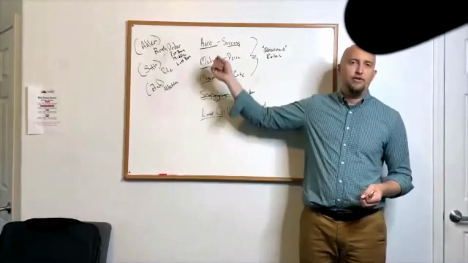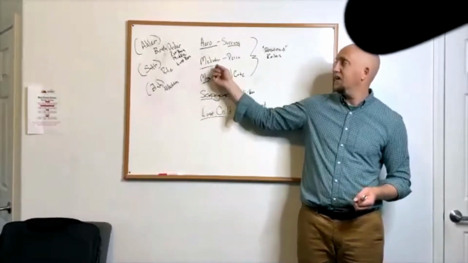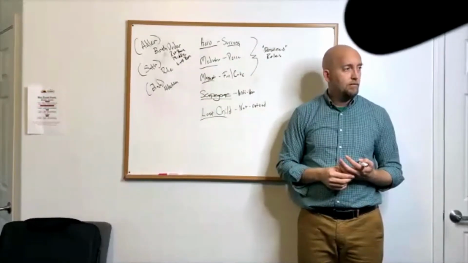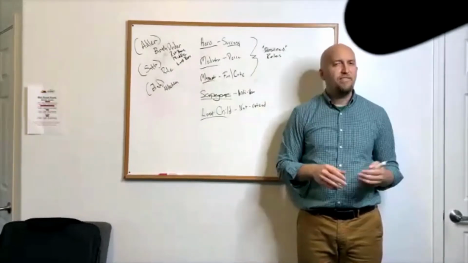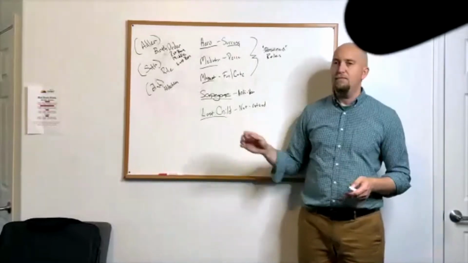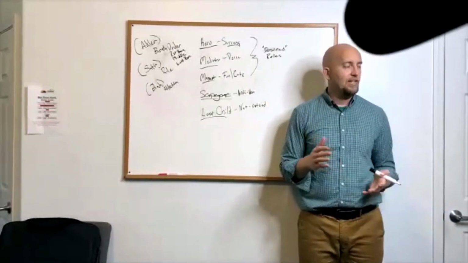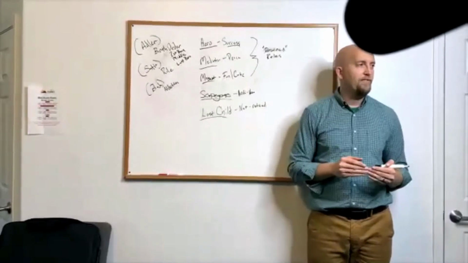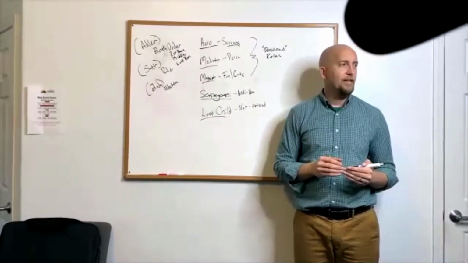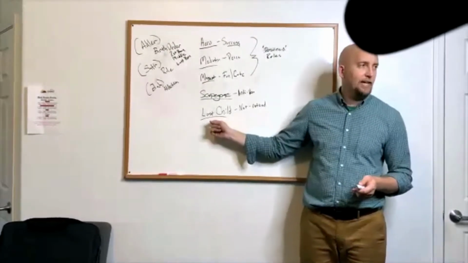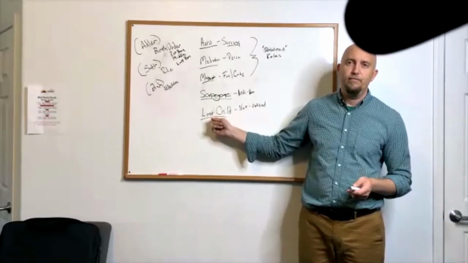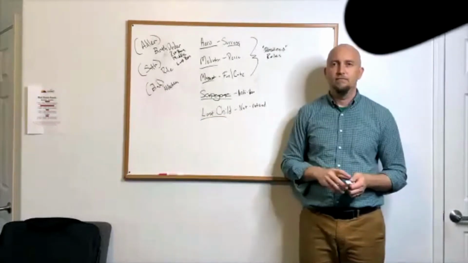So are we understanding the lost child and the scapegoat, the mascot, the mediator, the hero? Question. The lost child is going to be the one that's detached, has attachment issues a lot of times, right? And in adulthood maybe? So attachment issues and neglect are sort of a different thing. We think of this as an adaptation, but it has somewhat of a choice element to it. There's almost always going to be profound neglect with a lost child, but it's a slightly different process, right? You can be a lost child without a lot of neglect. And you can get neglected and not choose a lost child role. Make sense?